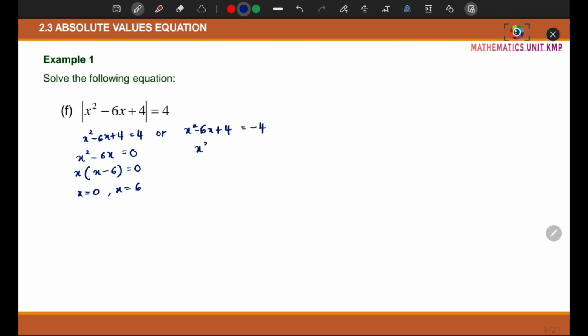Next, we have x squared minus 6x plus 8, 4 plus 4 is 8, equal to 0. And we factorize this quadratic, so x minus 4 times x minus 2 equal to 0. So just use your calculator to factorize. And for the final answer, you should get x equal to 4 and x equal to 2. Or you can write all your answers in the solution set. So x equal to 0, 2, 4,